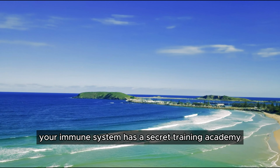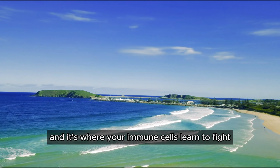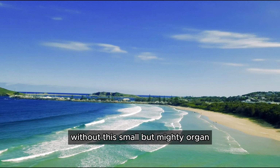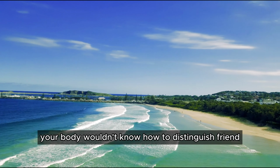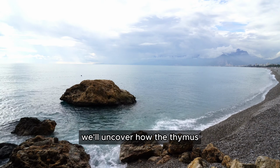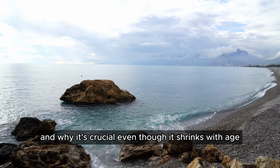Did you know your immune system has a secret training academy? It's called the thymus, and it's where your immune cells learn who to fight and who not to fight. Without this small but mighty organ, your body wouldn't know how to distinguish friend from foe. In this video, we'll uncover how the thymus shapes your immune defenses, prevents autoimmunity, and why it's crucial even though